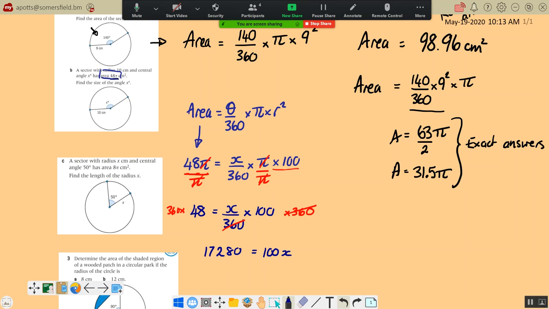Okay. What do we do next then? Yeah, so let's divide by 100, and we get that x is equal to